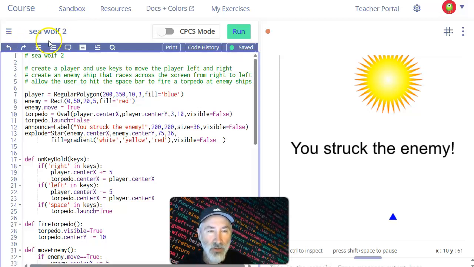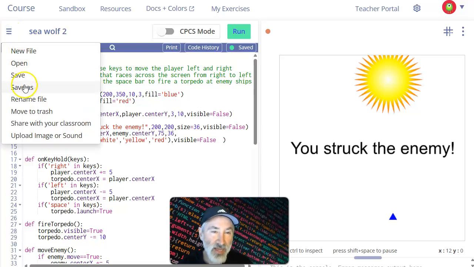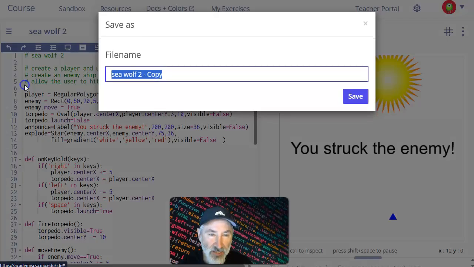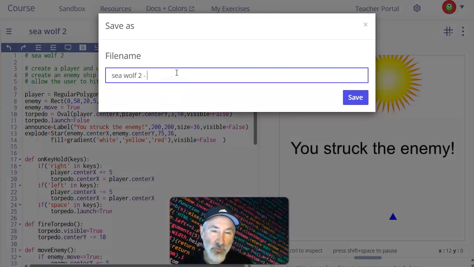So I'm going to go ahead and, let's see here. It's already saved as Seawolf 2. It's already automatically been saved there. I'm going to go ahead and save it again, and you should too. Save as, let's call it Seawolf 3. Now, what that does when I hit save as Seawolf 3,